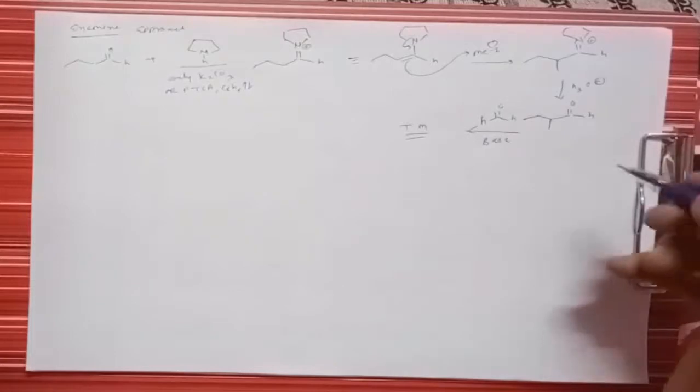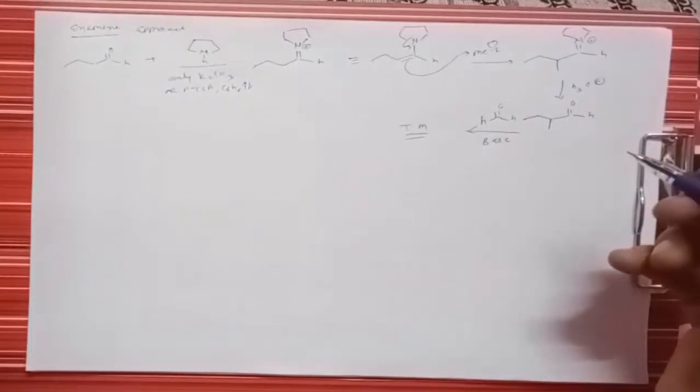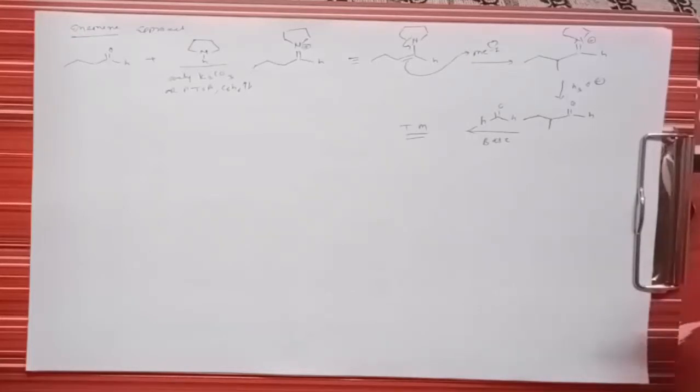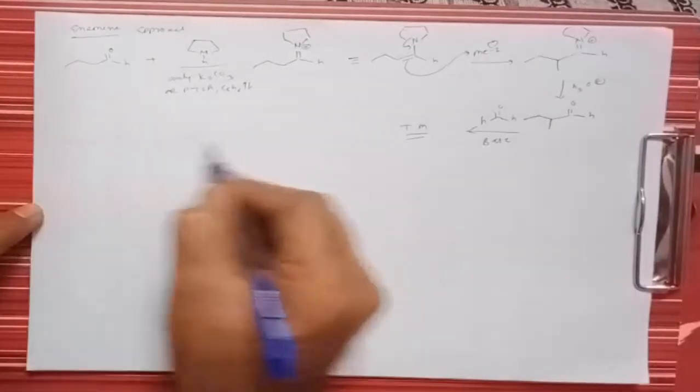So that means if we see that in the enamine synthesis, the methylation will take place at the alpha position in the basic medium. That means the enamine approach is better than the methylation in acid or base medium. So this enamine approach is a good method to do a methylation at the alpha position. Right? Let us take another target molecule.